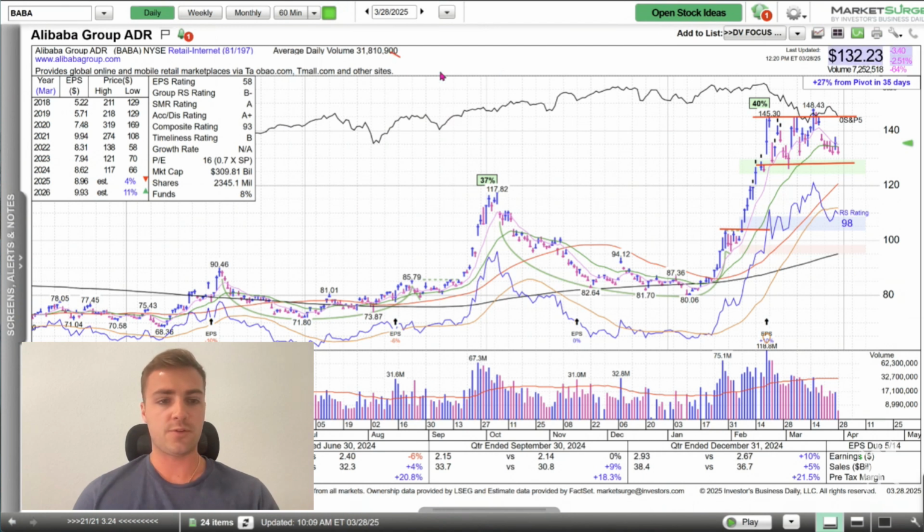It's the institutional favorite, the easiest China name to get into, and it has less gap risk versus some of the smaller, more speculative names. And so, good fundamentals turning around. That's how I view this for this play. And a couple of things that I really like about these setups. If you go to the weekly chart, Don,